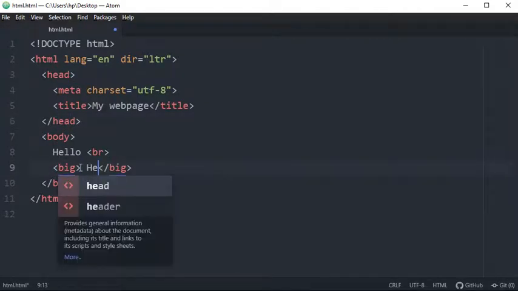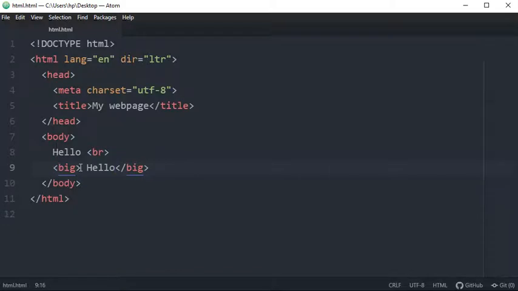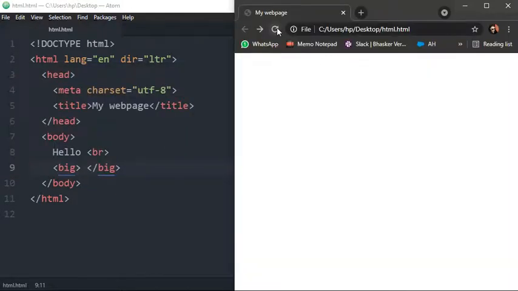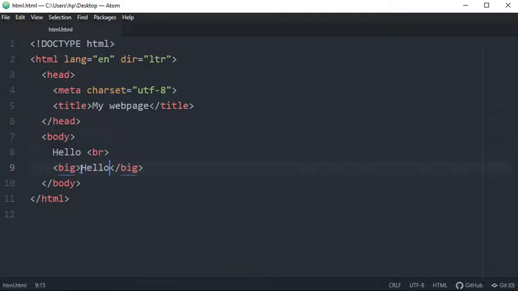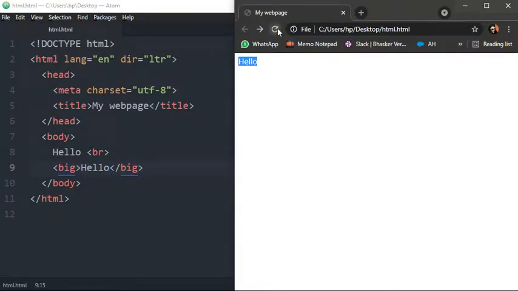Now if I enter the same text here, for now I'm not entering any text. This is your plain text, and now if I enter hello in between, you will see the whole difference between plain text and the big element. The content of the big element is huge in size, and you can already see the difference very clearly.